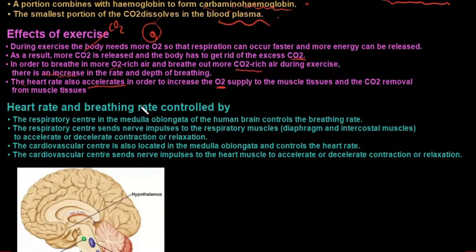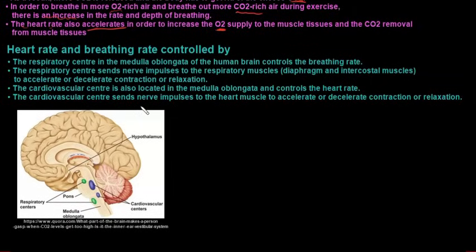Then the heart rate and the breathing rate are controlled by the medulla oblongata. So the medulla oblongata of the human brain controls the breathing rate. So that is the cerebellum, you've got the cerebrum, you've got the corpus callosum, and then pay special attention. The first hump is the pons, and the second hump is the medulla oblongata, which is the portion that you